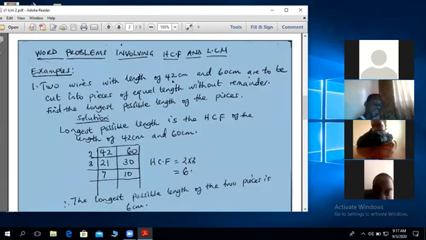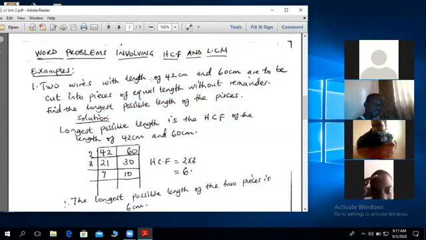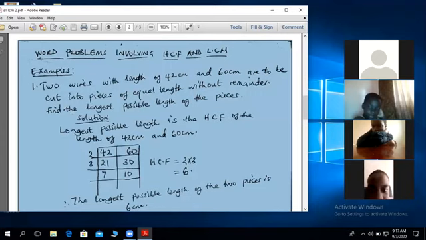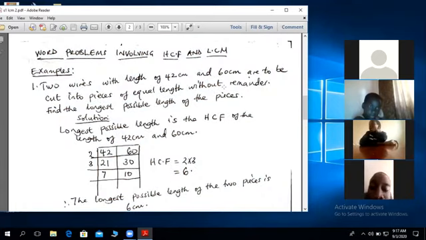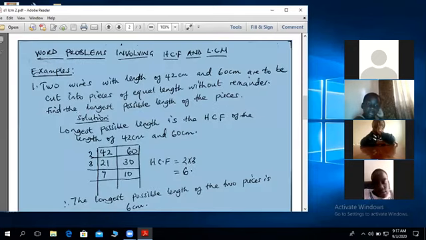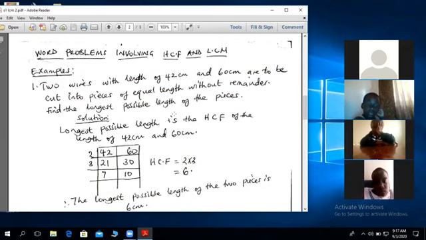Now you want to cut these 2 wires into small pieces of equal length without a remainder. This word equal means the length you get from the wire of 42 should be equal to the length you get from the wire of 60 centimeters. So the question goes, find the longest possible